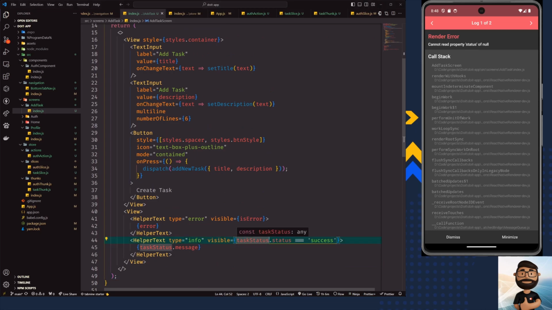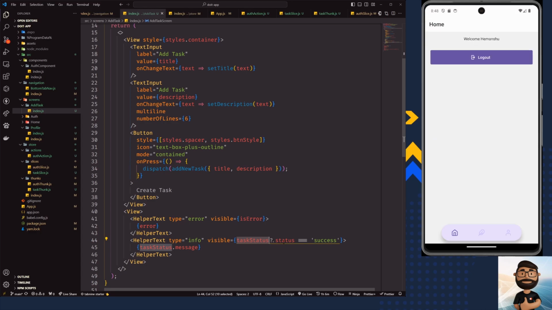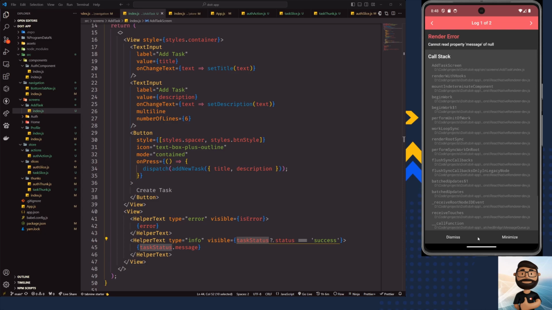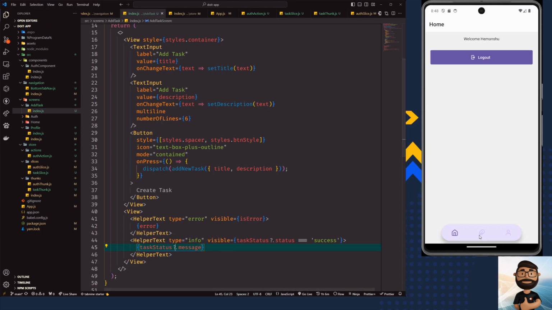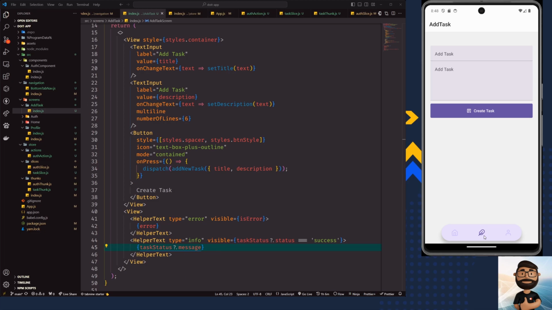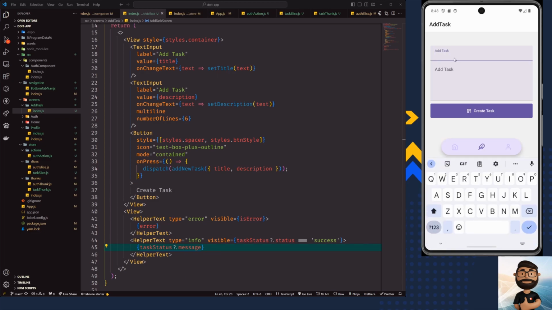So I will just add this question mark operator, and what we are saying is that if task status has some value, then try to check the status. Let's check now. Still we are getting some error. Here also we need a question mark. If we have task status, then show the status. Okay, now I will try